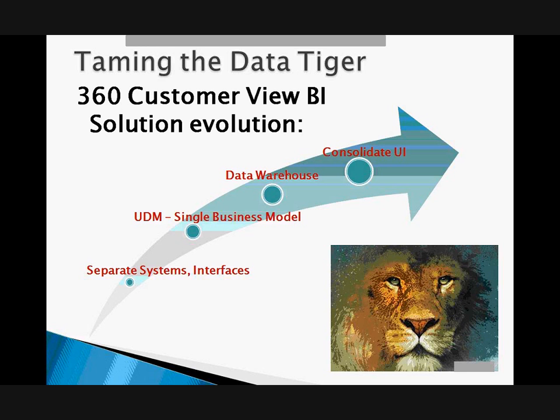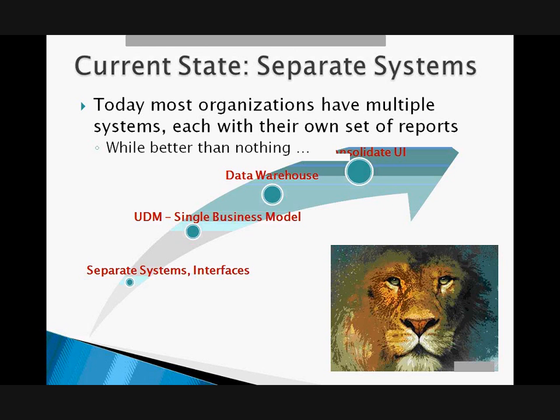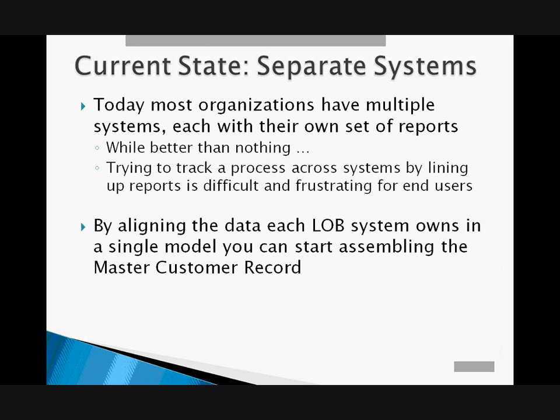So at every step along the way, there's additional value that can be perceived from a business standpoint. So current state today, like I said, most organizations have these kind of separate systems. What becomes really difficult, though, is if you want to start truly doing BI. Imagine having to do customer loyalty today, or customer conversion, the two key metrics that I talked about a few minutes ago, having to do those today inside of this disparate line of business